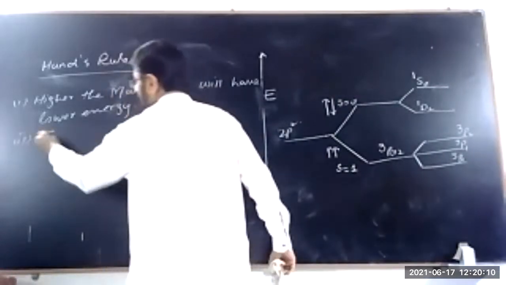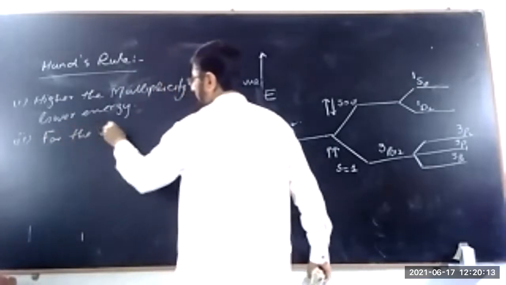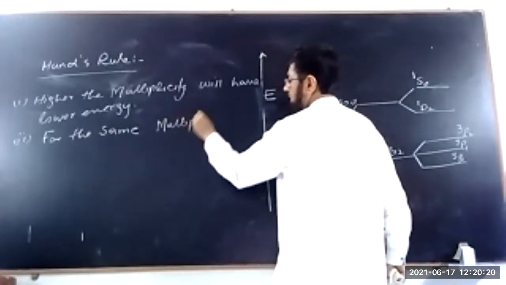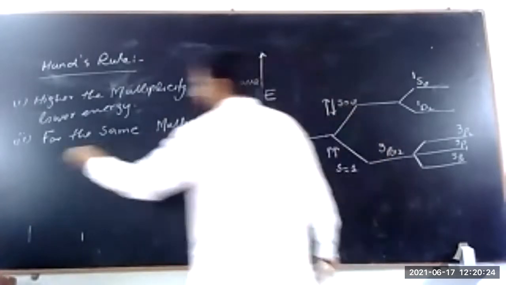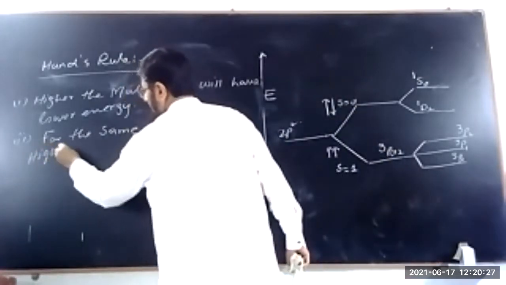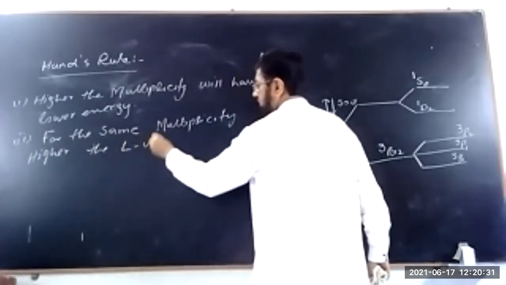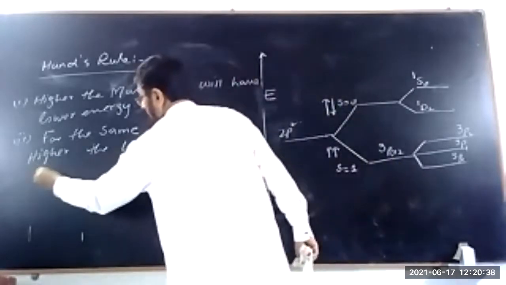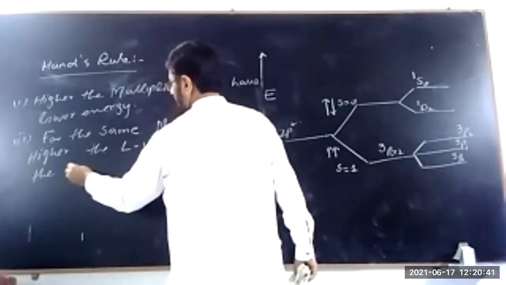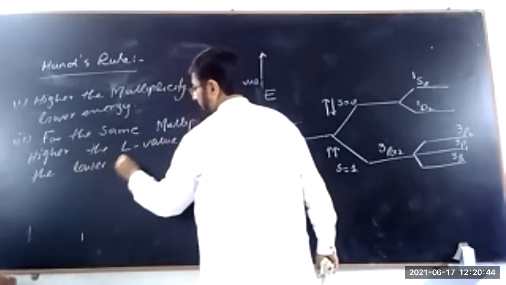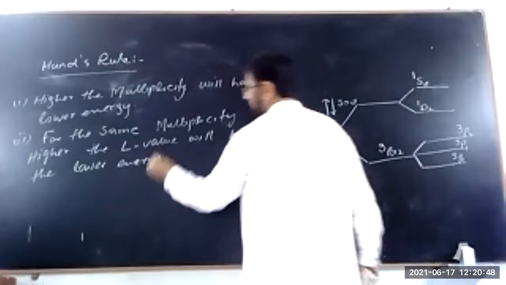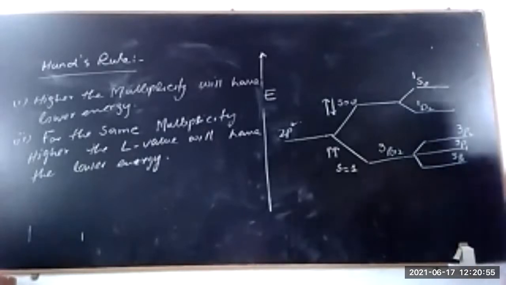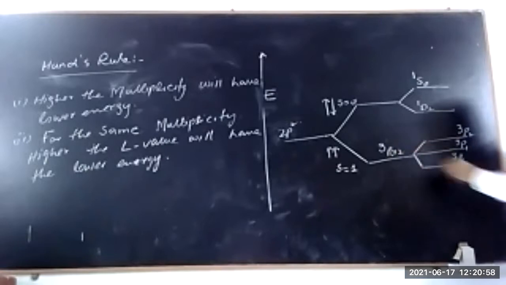So for the same multiplicity the higher the L value will have the lower energy। सेकंड रूल क्या है? For the same multiplicity, higher the L value will have the lower energy। उसकी एनर्जी क्या होगी? कम होगी। थर्ड रूल क्या है? यहां पे अगर आप ये देखें कि इसकी मल्टीप्लिसिटी सेम है, लेकिन J वैल्यू जिसकी नीचे